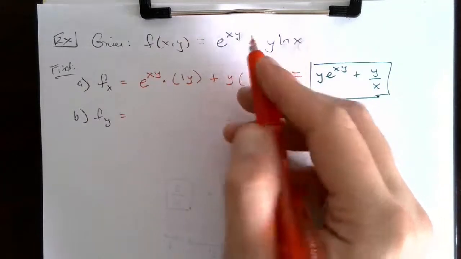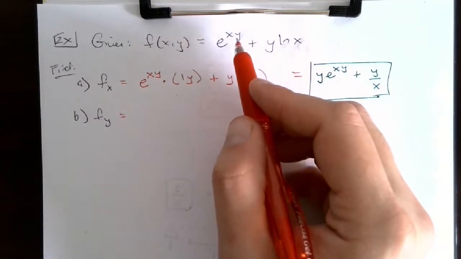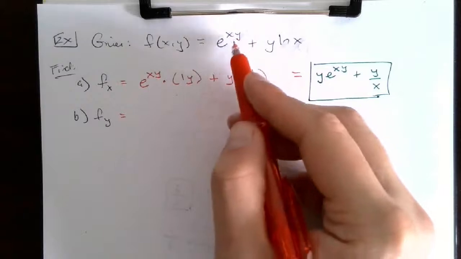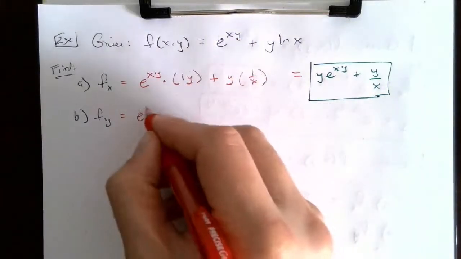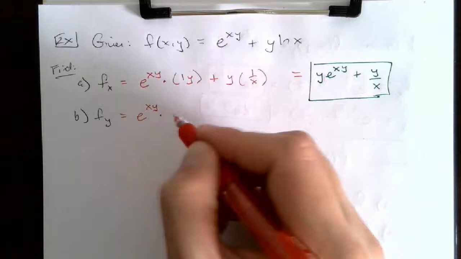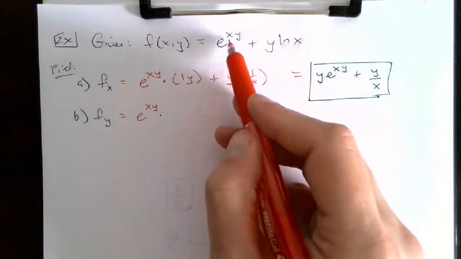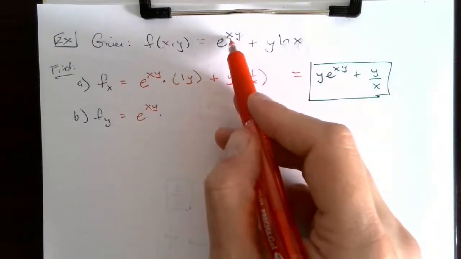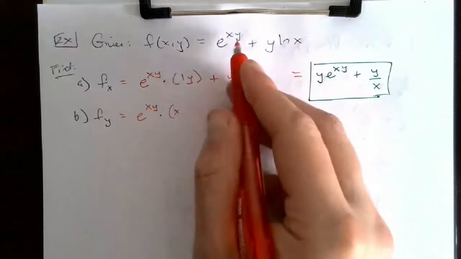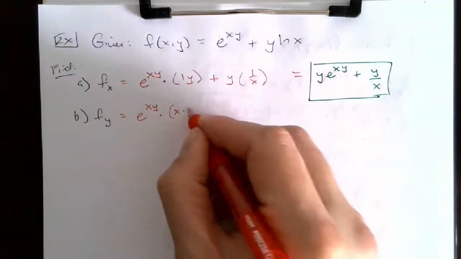So e to the xy is a function, the derivative of a function of e. You write exactly what you see, so you have e to the xy times the derivative of the exponent. X is a constant, y is a function, so x is going to stay, times the derivative of y, which is times 1,